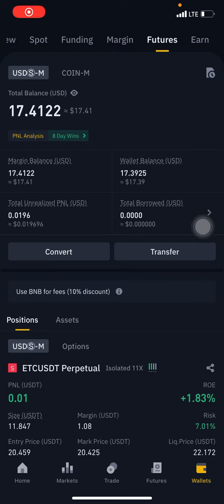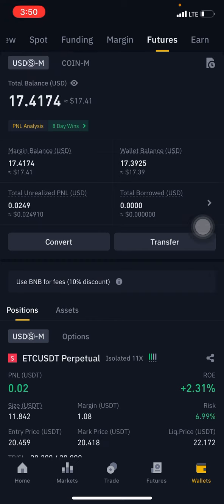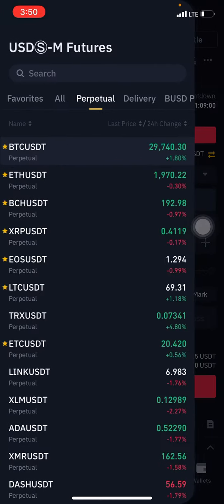Remember that trade that I entered is already coming up, but it has not yet touched my target. But let's keep on looking at other ones. Okay,